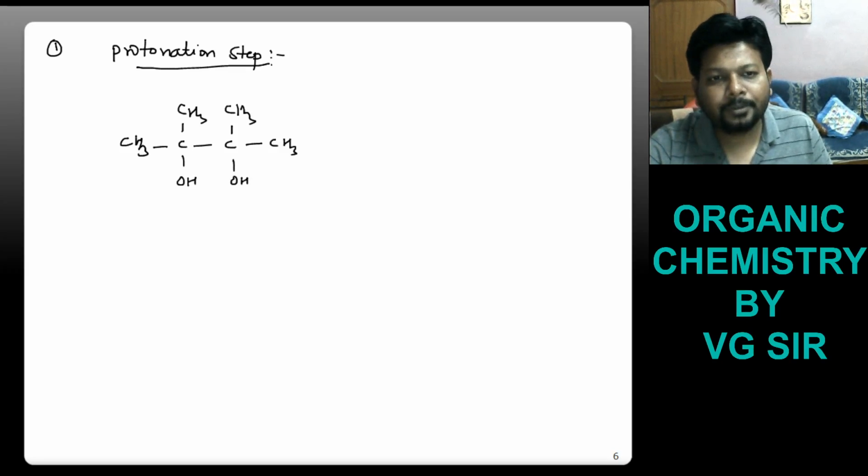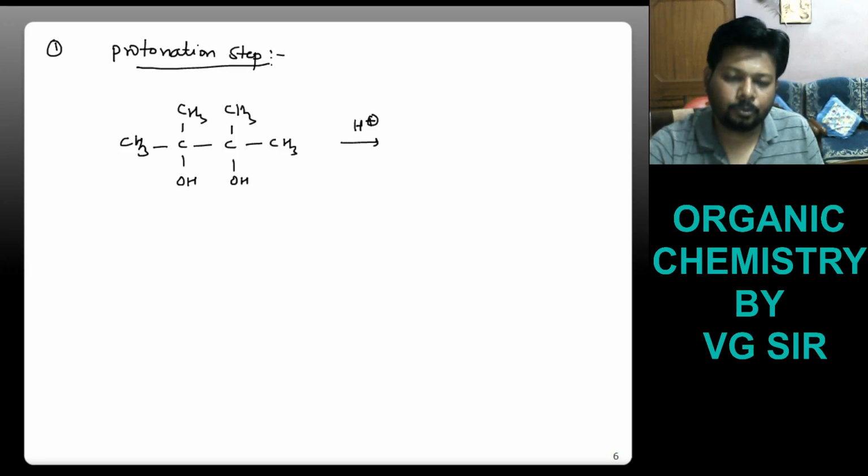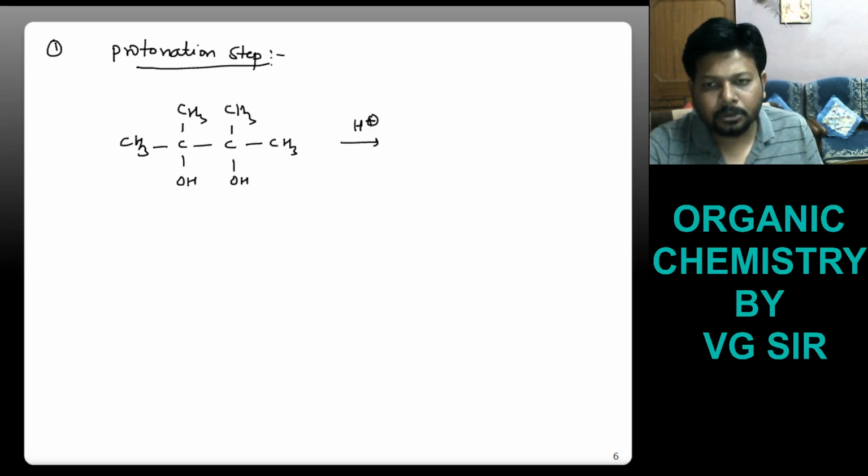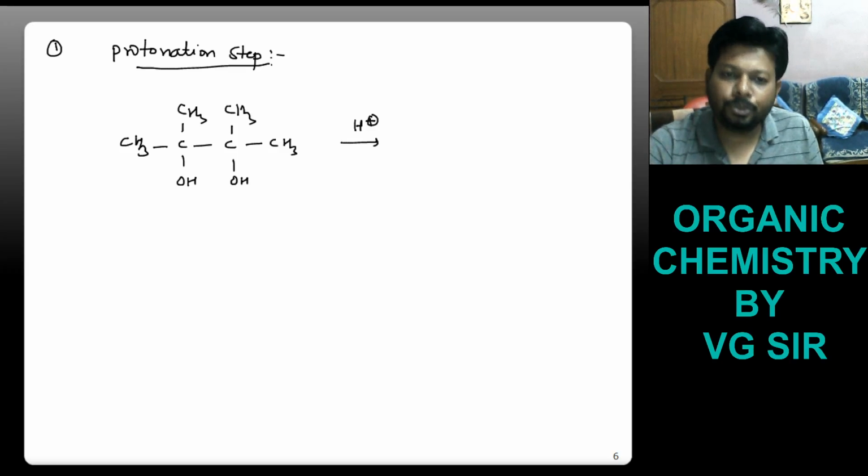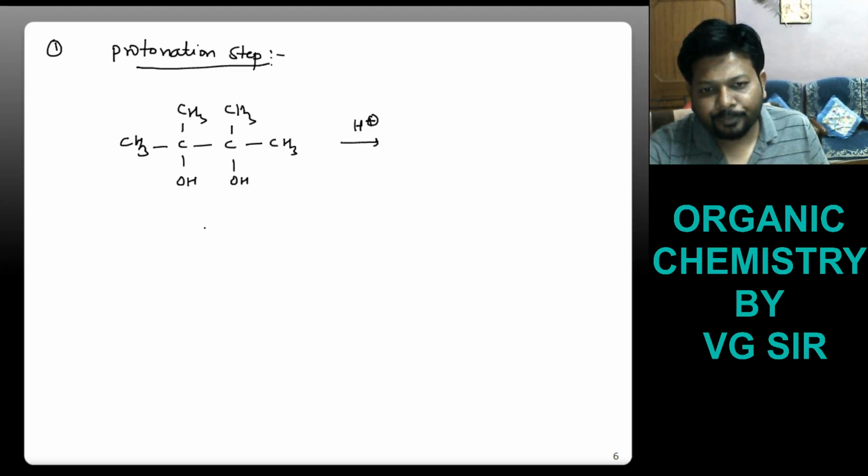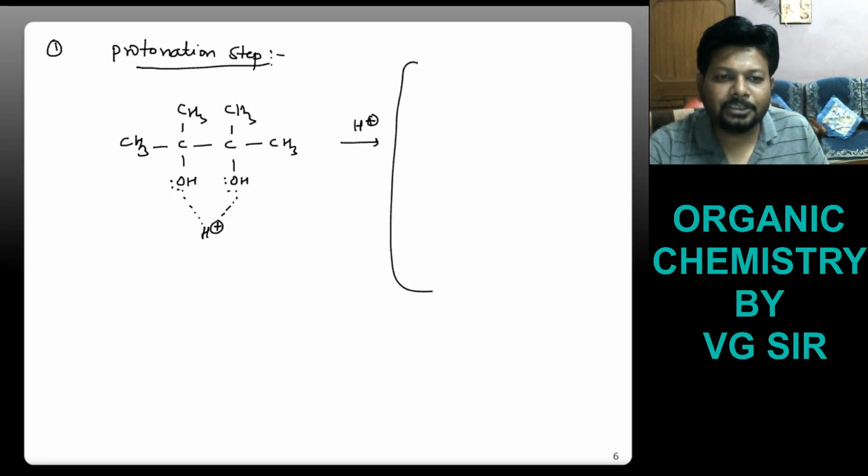What is happening actually? Suppose a proton is coming into the proximity of this molecule. So obviously this molecule will have some conformation in which the hydroxyl groups will be anti to each other. But for a while, if I assume them to be in a staggered formation, then let's say this proton is coming into close proximity of this molecule. So a lone pair is present on both oxygens. So both will attract this proton. So I can draw a transition state. See, what sort of transition state?